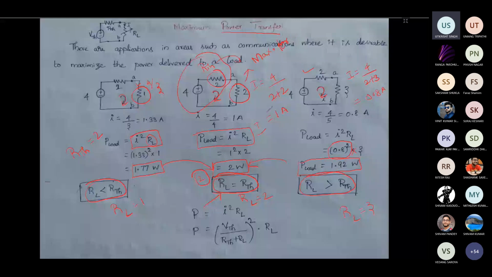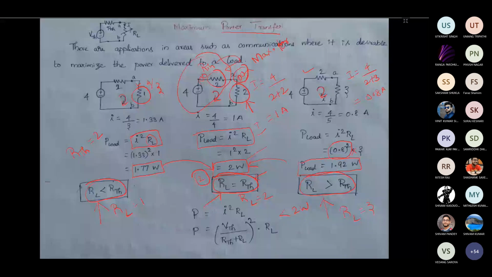Okay, so if your motive is to transfer the maximum available power to the load, then you have to match the load resistance to the Thevenin resistance. If your Thevenin resistance is 100 ohm, then your load resistance should be 100 ohm. Then only you will get the maximum power. Why am I saying this? Here, RL is lesser than R Thevenin. Here, RL is greater than R Thevenin. For both of these cases, the power dissipation is less than 2 watts. But when R Thevenin is equal to R load, you can see that there is maximum power dissipated across the load.